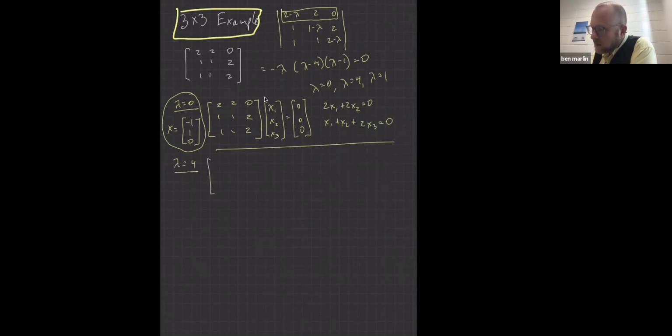Right. Take the matrix, subtract 4 off the diagonal. So negative 2, 2, 0, 1. What did I say here? Minus 4, so negative 3,